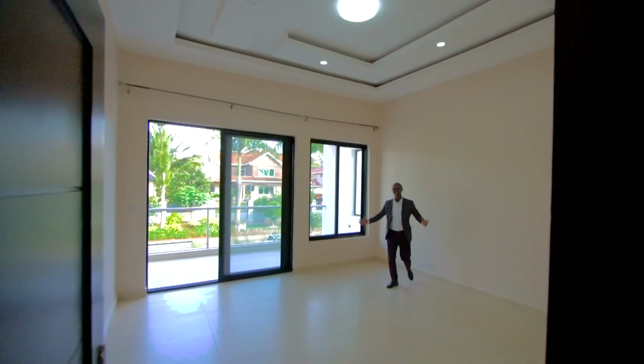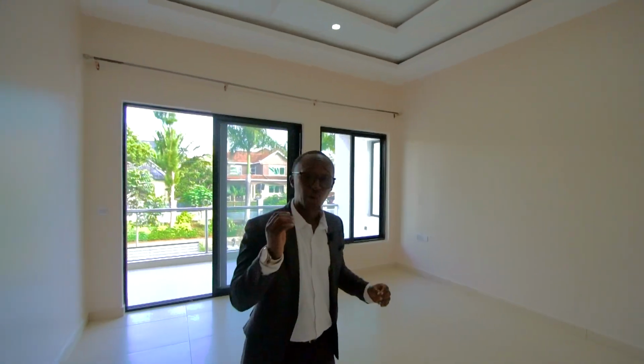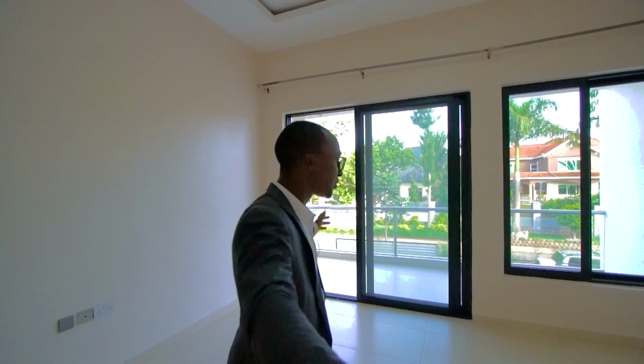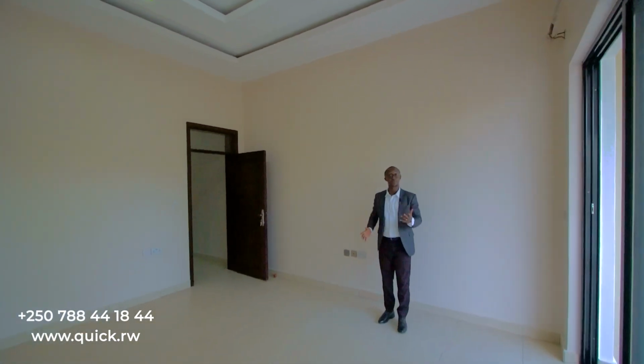Let's see the room. And the room itself is pretty big. This is 4 meters by 4 for only the bedroom. Look at all this. I mean, you can make this feel like a hotel room if you want to, because